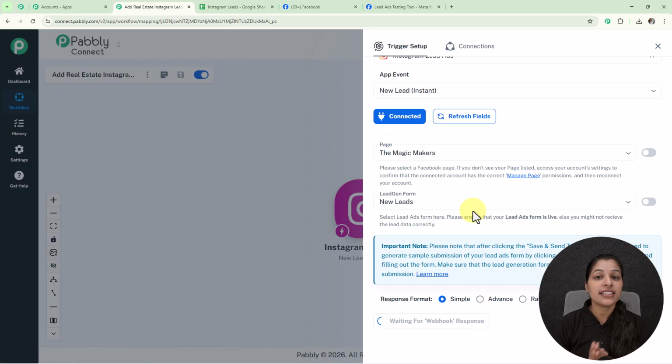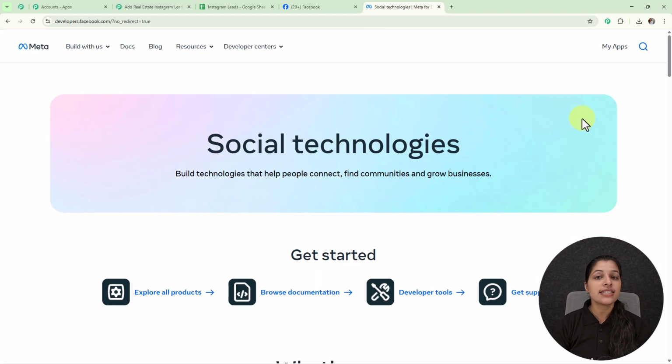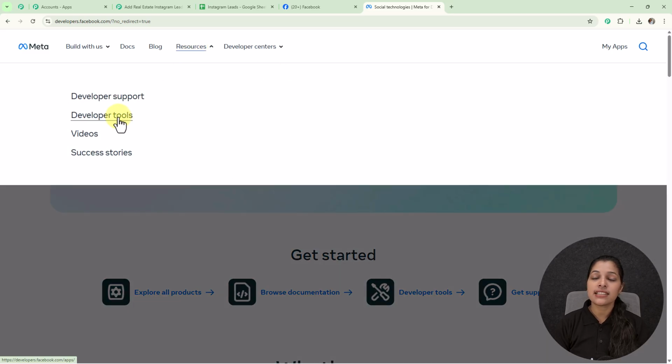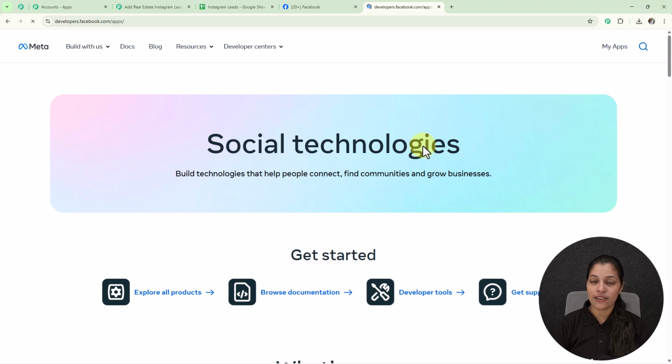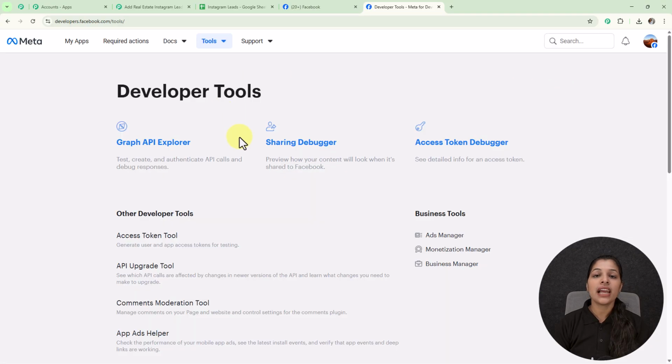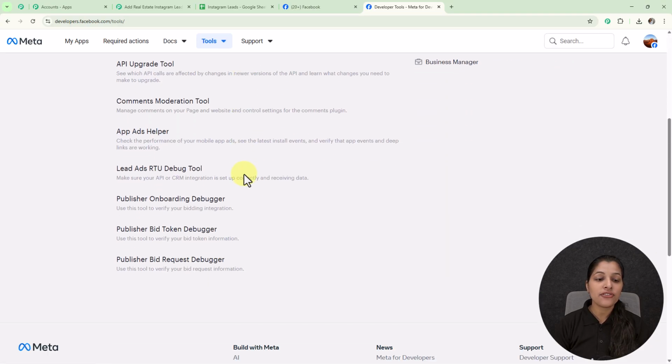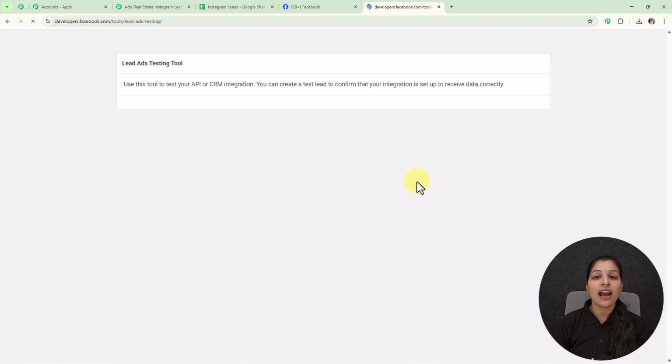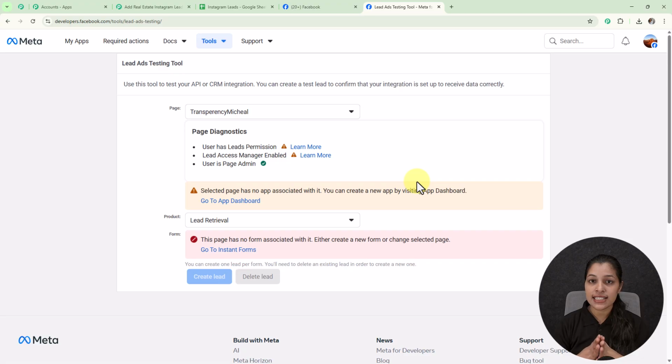Now for providing the webhook response, we have to do the test submission, means we have to receive our test lead. So now for that, let's move on towards my meta for developers page. So here you can see this is my meta for developers page, where on the resources you will be getting this option for developer tools which you have to select. And you will be landed on this developer tools page where you have to select this tool, that is lead ads RTU debug tool. So here I have selected it,